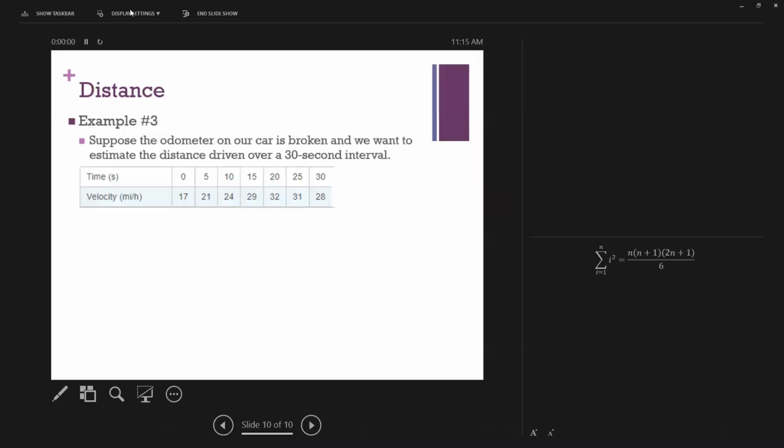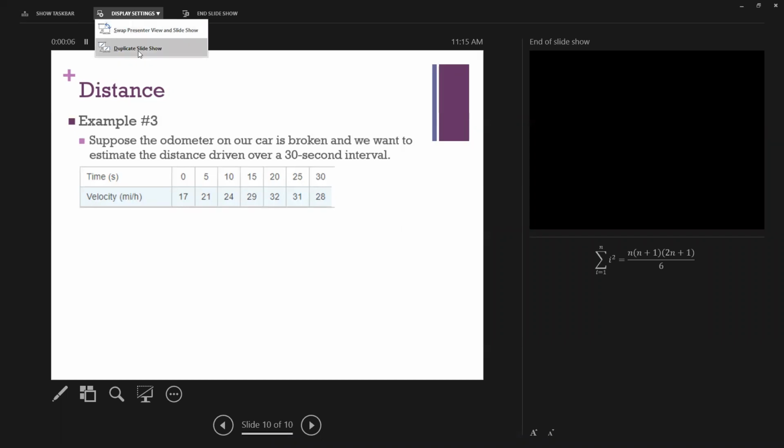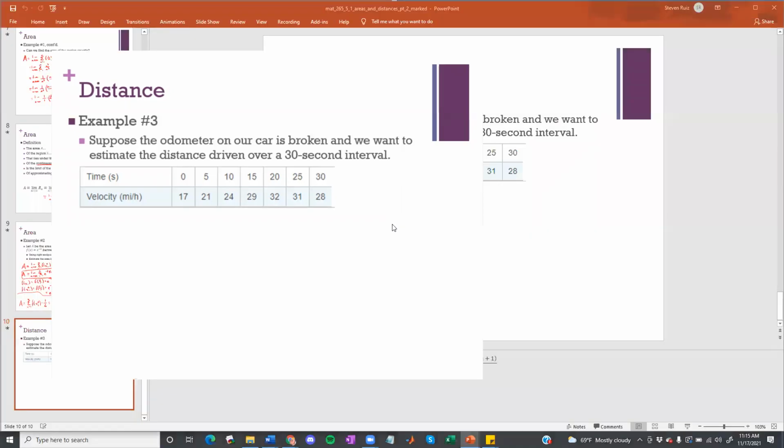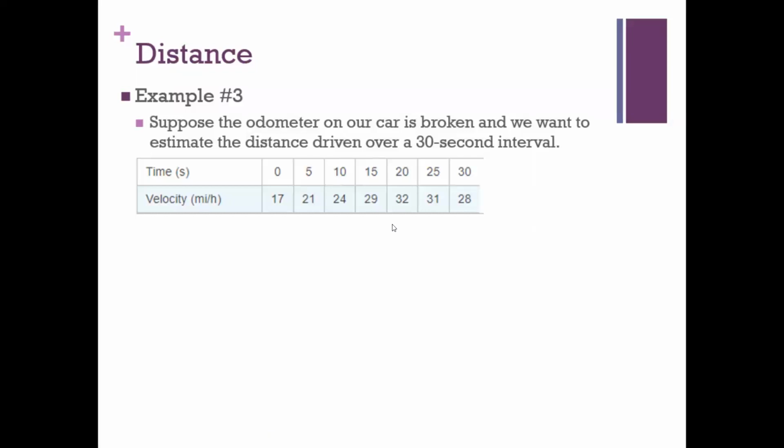All right, one last thing we have to go over in terms of section 5.1. Pretty much everything we've done in the section so far is talking about this idea of area. So we can expand that idea to other quantities that don't have specifically to do with area. Take this example here. The speedometer, or odometer I guess, on a car is broken, but I still want to use this information to figure out how far the car has traveled in this 30-second time frame. To bridge this to what we've done in the past,